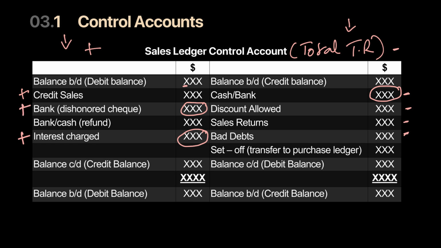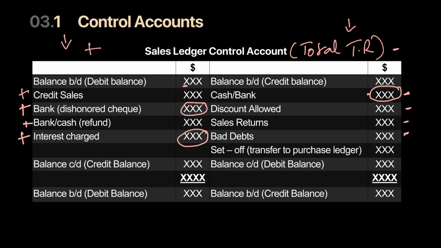As a result, an interest charge should again increase your trade receivable. If there's a cash refund that we have to pay, remember you've paid your cash over here, the refund will come on the debit side. Since I have to offset the amount of cash paid to us, to cancel it, I will write it on the opposite side, which is the debit side. Now, I've left out a few things which I want to discuss separately.